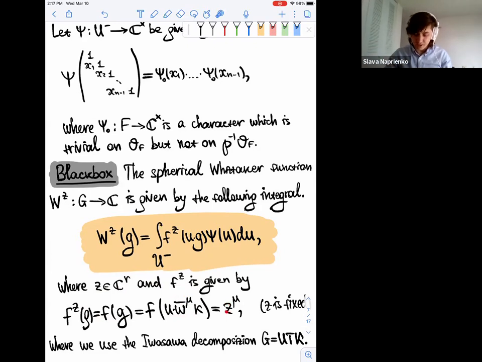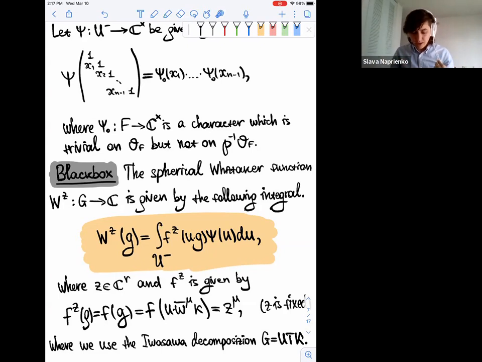And I think about z as being fixed. I think about that so much that I even forget writing it later. So if you see that sometimes I forget to write f_z, it's because I think it's fixed. Okay. And the second part is the character that I defined before. As a result, we're going to have some function